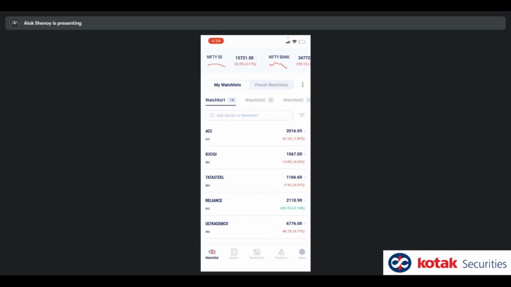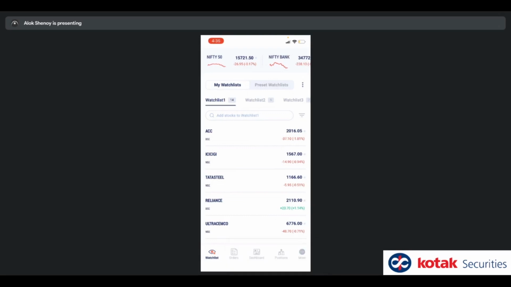So as you can see, the first screen that you land on is the watch list. This is the watch list that you have created or are monitoring on the old app or on the website. It's the same watch list which will now be available inside the new Kotak Stock Trader app. For at least a couple of months, you will be able to use both new Kotak Stock Trader and old Kotak Stock Trader simultaneously. And if you do an edit or a change there, it will reflect in both apps concurrently.